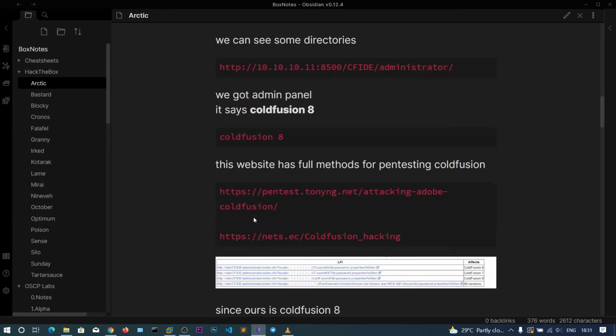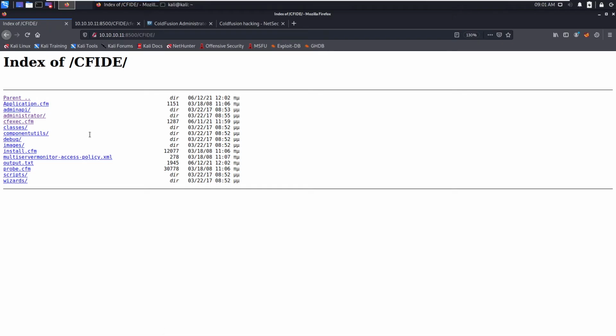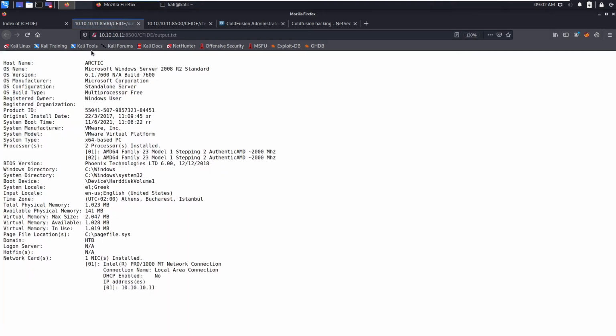Okay, we don't have the OS version, so we should have output.txt now. Based on the Windows version, we see if there is PowerShell installed or not. It's 2008, so that means PowerShell should be there.